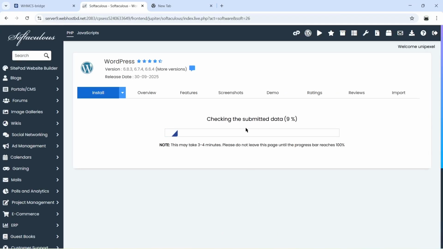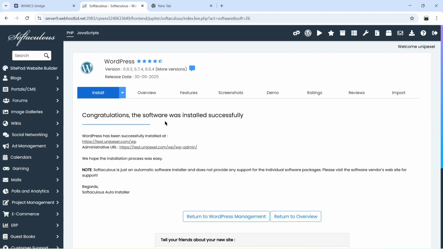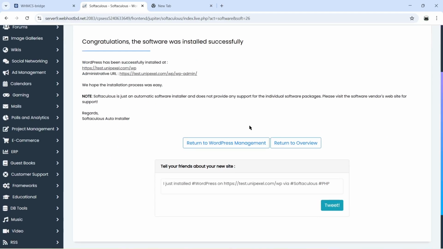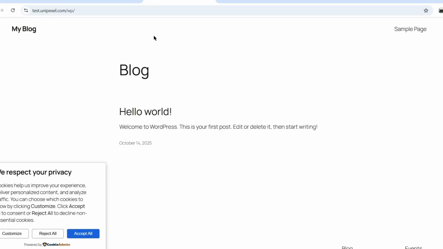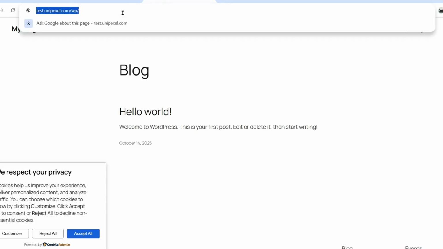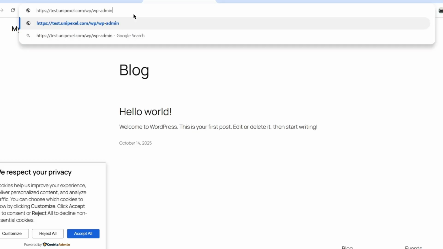Here you can see the software was installed successfully. Now click here on the URL, and here we go. Now if you want to go to the admin page, go to the address bar here, type WP admin, hit enter,